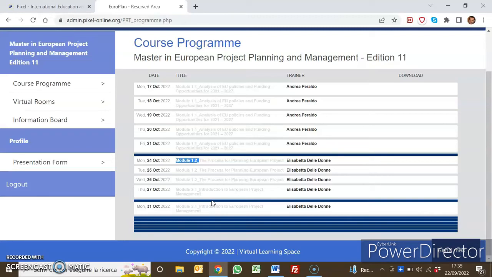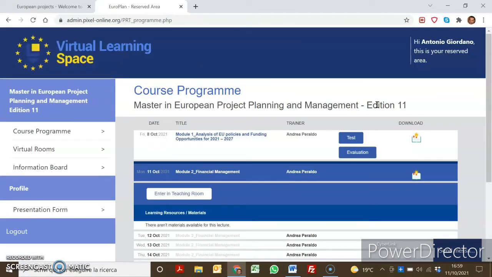The master program is already on. Let's see the difference between the current program, the one that you will access as soon as you receive username and password, and how the course program will look like once the master has already started. And within this fake edition that I created, I put some dates which are not the correct ones, because according